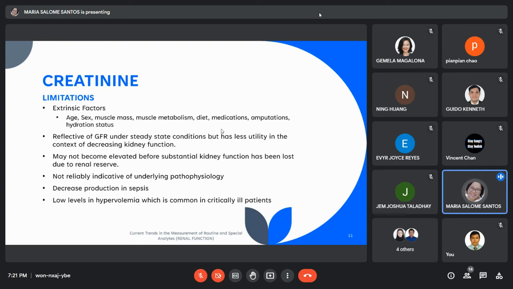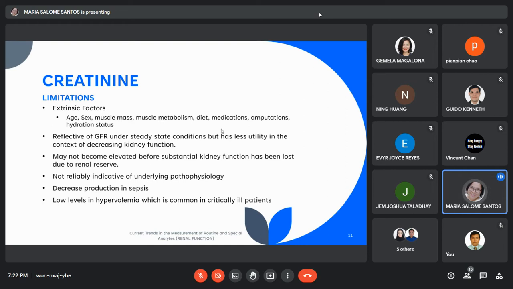Creatinine is reflective of the GFR under steady state condition, but has less utility in the context of decreasing kidney function. It may not become elevated before substantial kidney function has been lost due to its renal reserve. So, in cases of acute kidney injury, it is not monitored early. Usually, creatinine is tested for CKD patients. It is not reliably indicative of underlying pathophysiology and decreased production in sepsis and in hypervolemia, which is common in